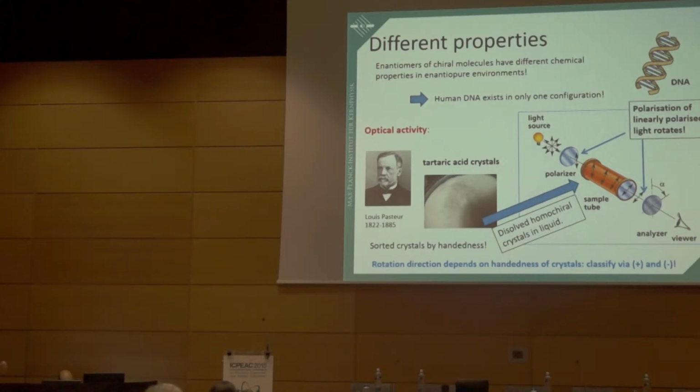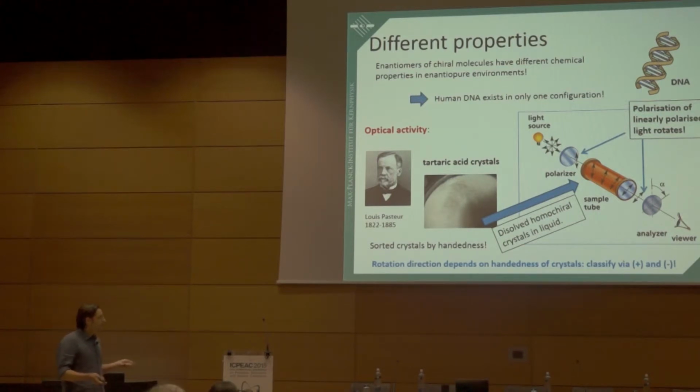This was found out by Louis Pasteur, who sorted these tiny tartaric acid crystals by hand by their handedness, and dissolved them in a liquid. And when he shone linearly polarized light through this sample tube, he noticed that the polarization of this linearly polarized light rotates, and that the rotation direction depends on the handedness. So one could, in principle,